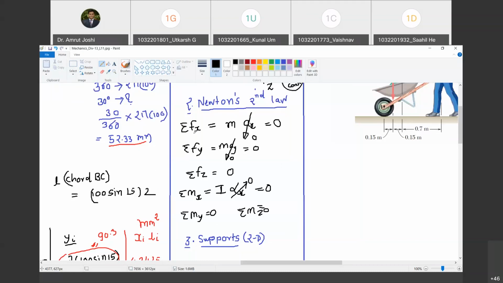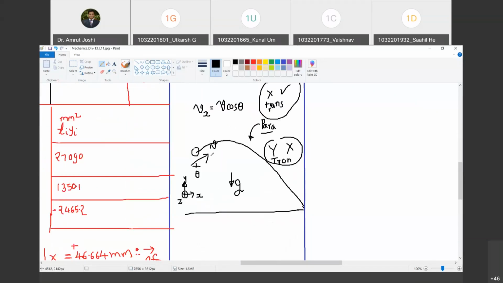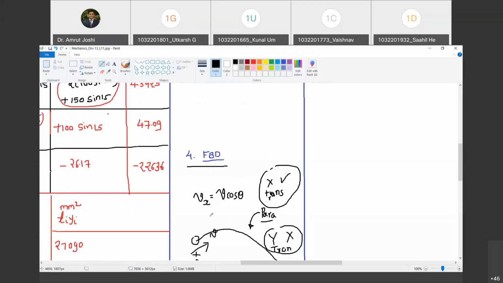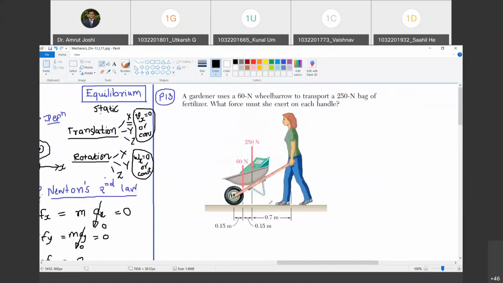Happy? Yes. Okay. Now, support conditions and free body diagram. This I have discussed during our lab sessions. Even for L3 and L4, I think I have discussed the concept of free body diagram. Have I? Yes, sir. So you know free body diagram, you know supports. So what are the 3 types of supports that I am going to list here tomorrow? And I'm going to just summarize the definition of free body diagram here. I'm not going to explain anything more on this. And then we are going to straight away go on solving the problems based on the concept of equilibrium. Happy? Yes, sir. From next class.